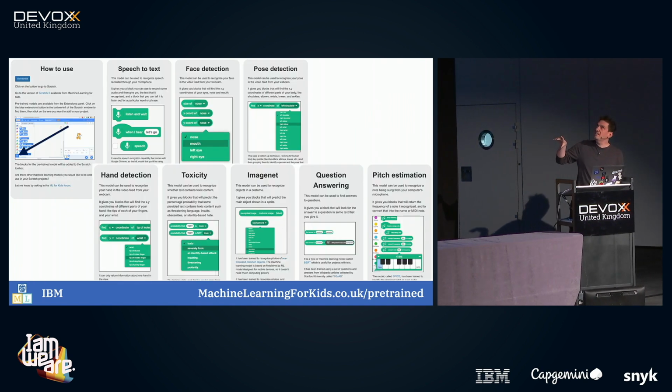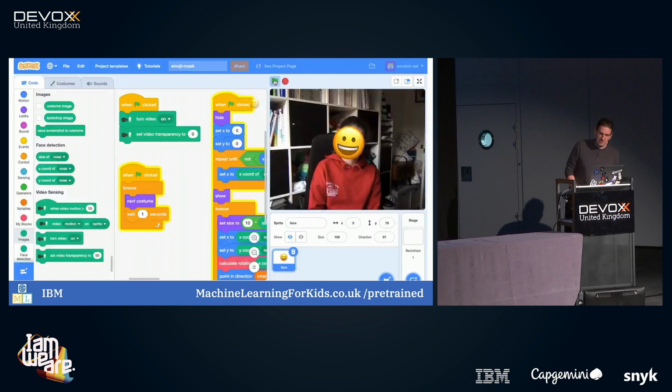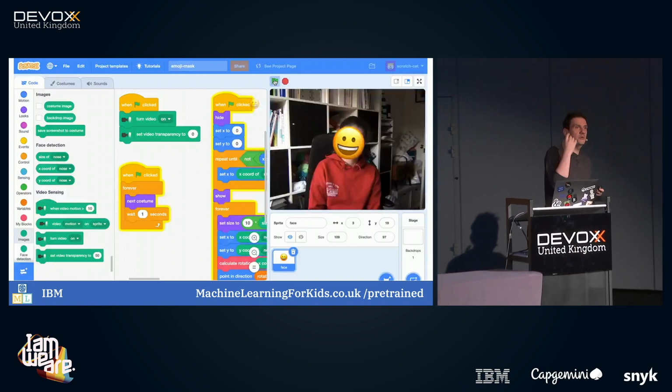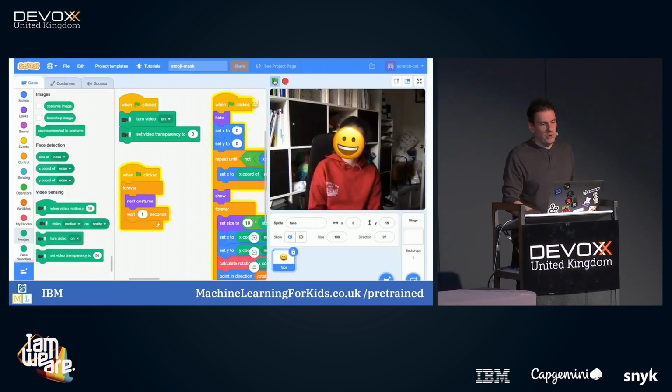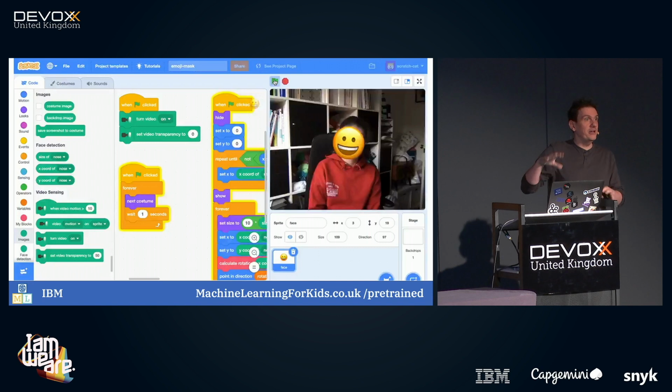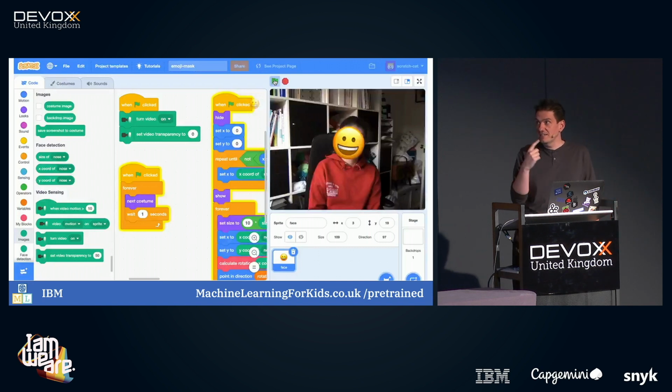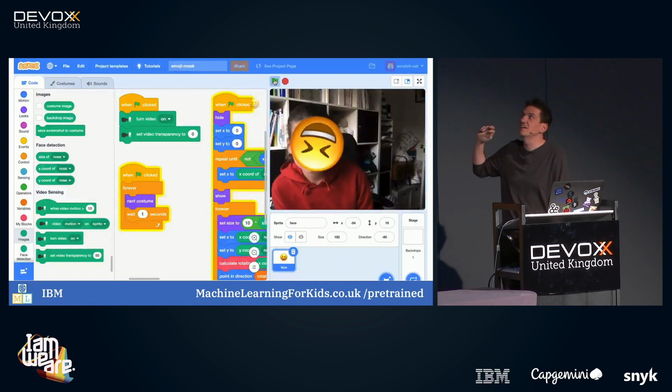Another of the pre-trained models is the face recognition, and if you went to the deepfakes talk, which was in here earlier today, which was really, really good, one of the models they mentioned was face mesh, this idea of identifying landmarks on a face, so recognizing where a face is in a video feed and identifying where the eyes and nose and mouth are. Well, put that model that they were demoing earlier today into Scratch, the ability to find the coordinates of the eyes, nose, and mouth, and then you can do silly little things like this.